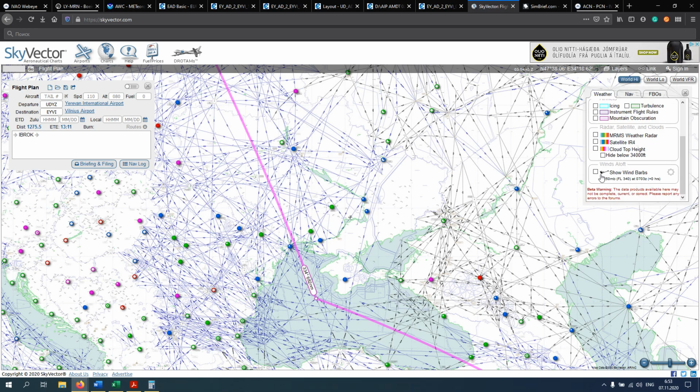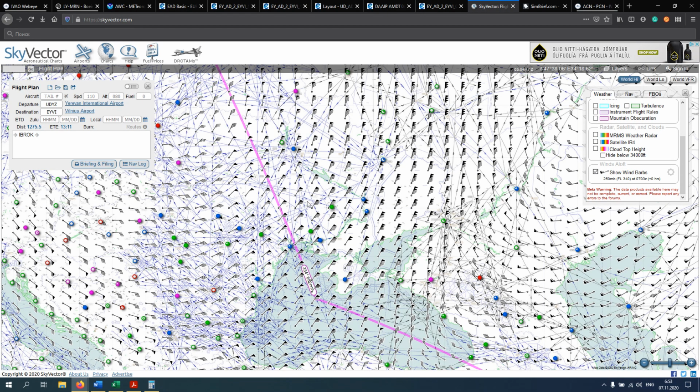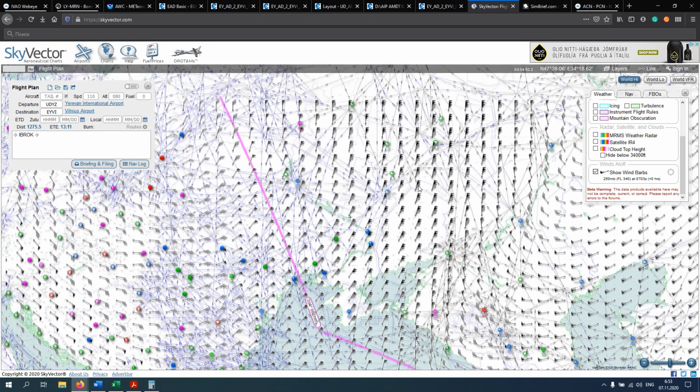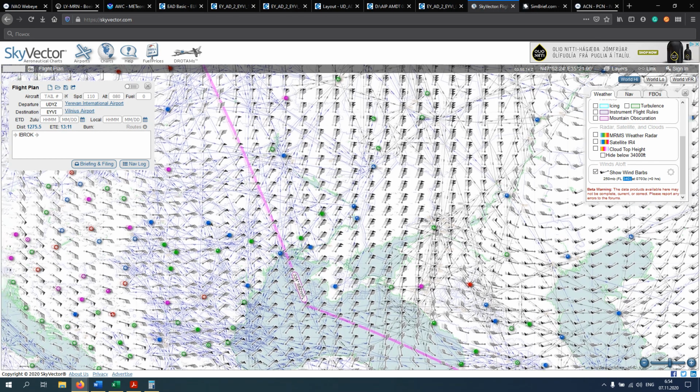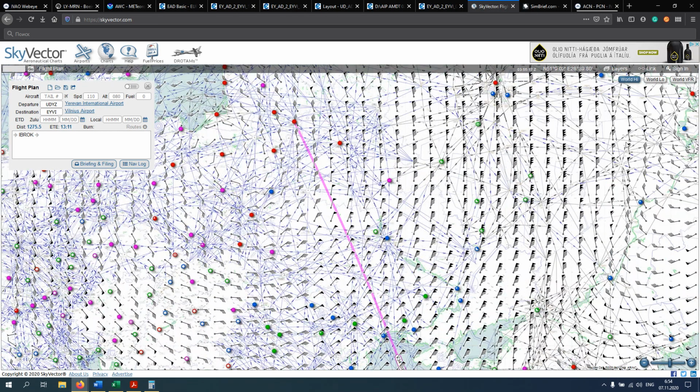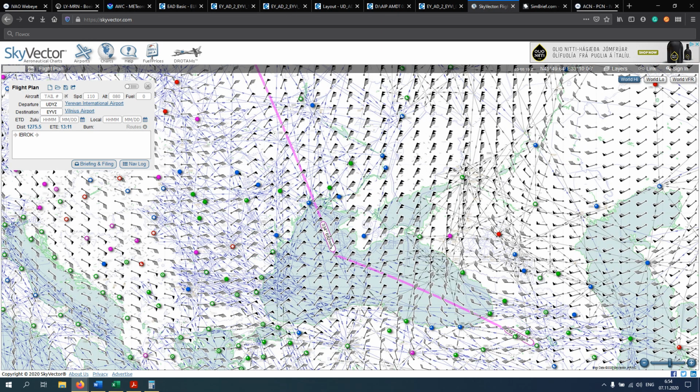Again, there are dozens of instructions on how to read these wind marks, and if you don't know how to read them, you can check these instructions. It's not rocket science. So here basically it means that the more black triangles we have, the stronger the wind we will meet at this flight level 340 in this case. Okay, so I think we will fly through the south in this case,